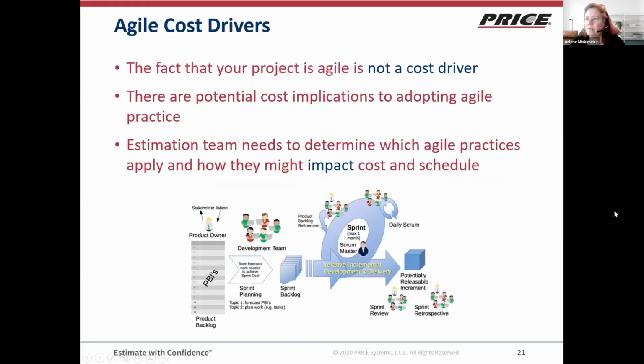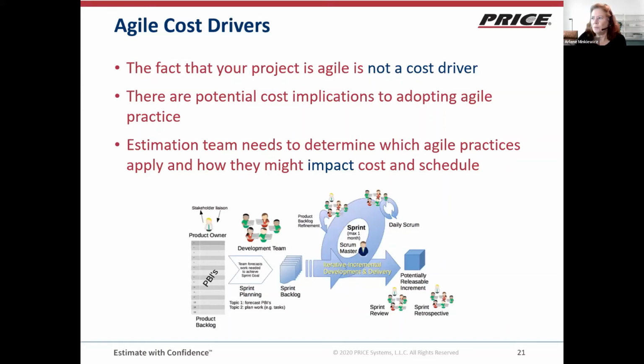So a couple other things that you want to think about are, what are the cost drivers in my estimation model or in my estimation methodology? What are the cost drivers that I might want to think a little harder about because the project is agile? So there are potential implications of embracing agile best practices that increase productivity. Not everyone who embraces agile does it to increase productivity. Some do it to increase quality. Some do it to increase both quality and productivity.